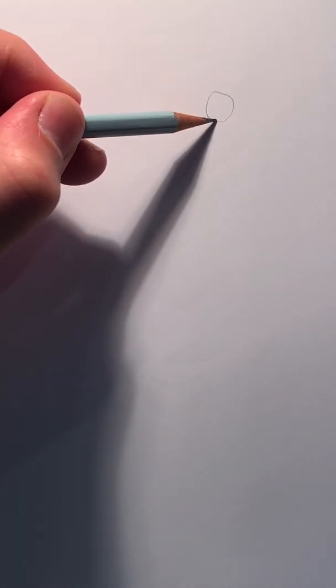Welcome back. Today I'm going to be drawing Luca from the new Disney Pixar movie, Luca. So let's get started. I'm first going to start with a circle